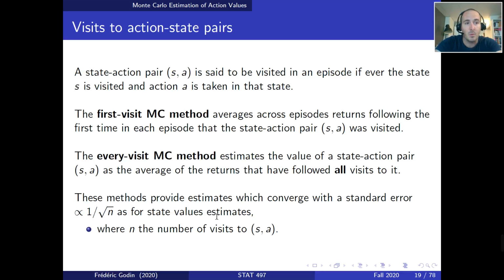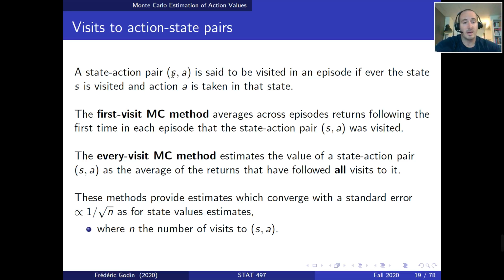Then, let's say we want to estimate the value function for a state-action pair S, A. We're going to look at all episodes and see in which of them the action A was taken in state S. And every time we find such a situation, we look at the return which was obtained after visiting that state-action pair S, A, and average all such returns to obtain estimates of the action